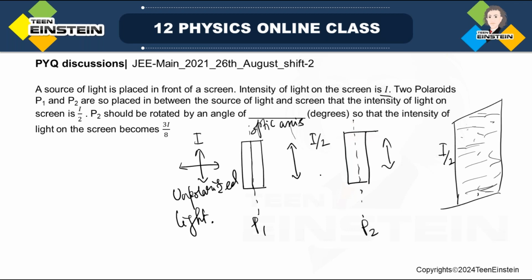And after passing through the polaroid, the light will be polarized and intensity will be cut down by half. Okay, this much is fine, but at what angle does this optic axis have to be rotated? By rotating the polaroid P2 such that... so you have to see, earlier your optic axis was like this. Okay, now your polaroid has been